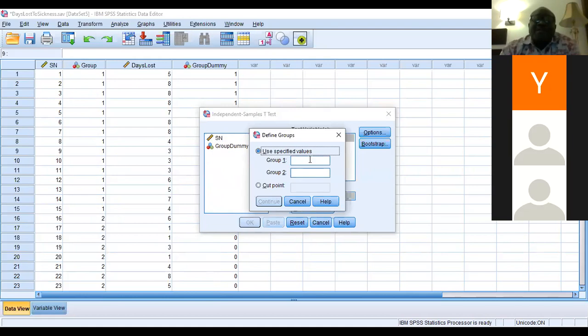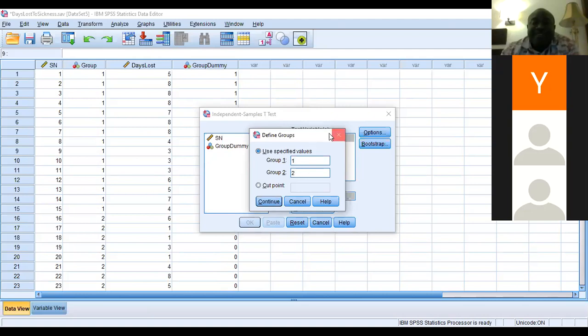We have coded group 1 as 1, the other one as 2. Just put it how you coded it. In some situations, if you used text, maybe you typed mining, you have to type it there. You have to, if you didn't code it,